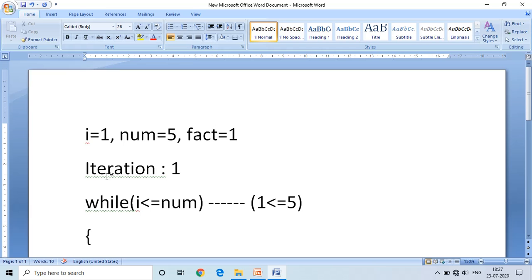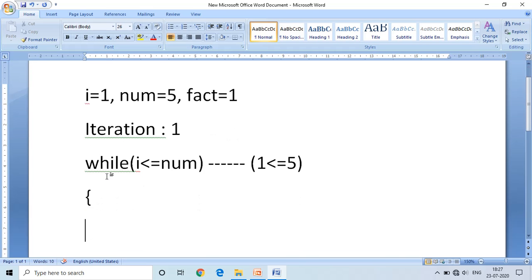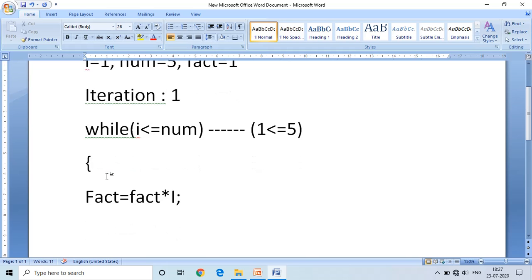This is the loop. In the loop, we have two instructions. Fact is equal to fact multiplied with I semicolon, and I plus plus.